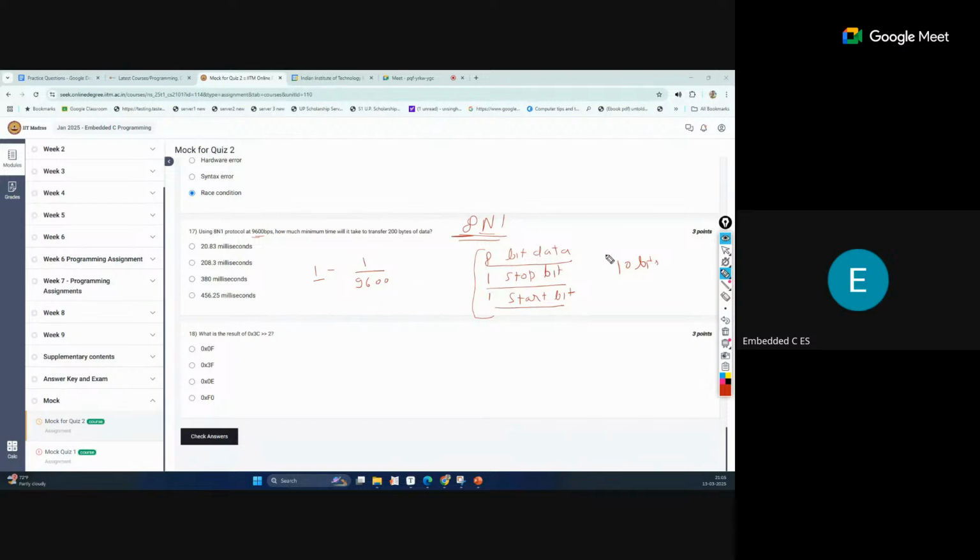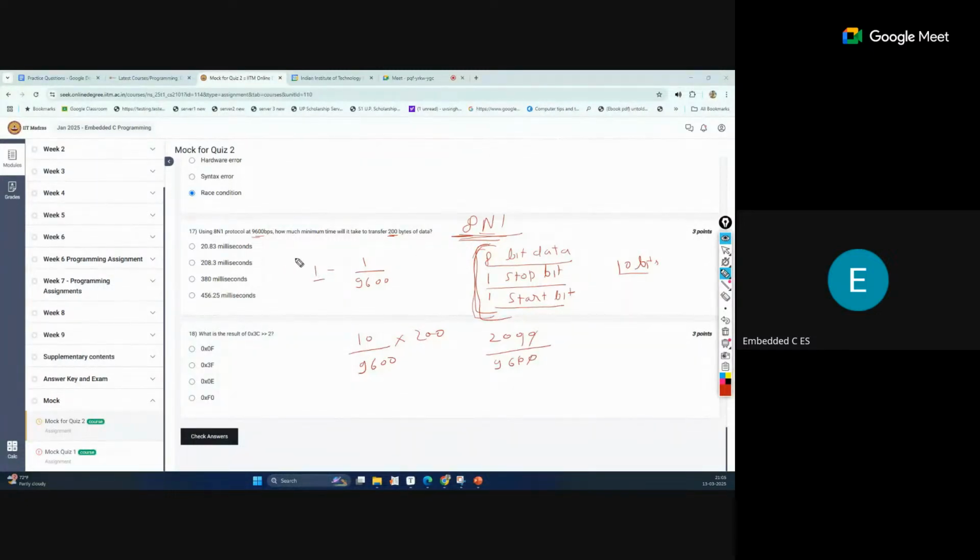Now because we are sending data as 10 bits for 1 byte in this protocol, we multiply this by 10 to get the time for 1 byte. We have a total of 200 bytes, so we also multiply by 200. This is 2000 divided by 9600. Just calculate this. We will get the time in milliseconds, not seconds.